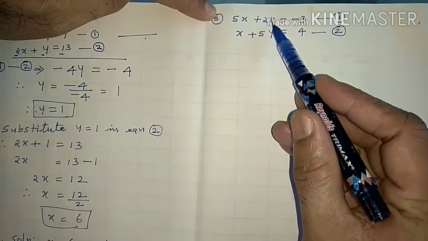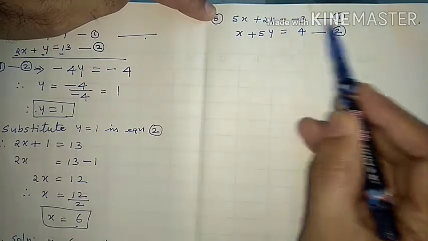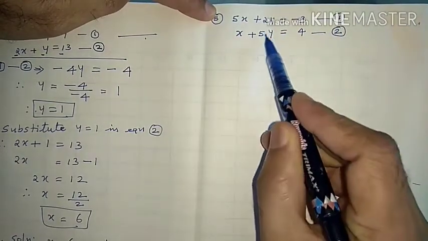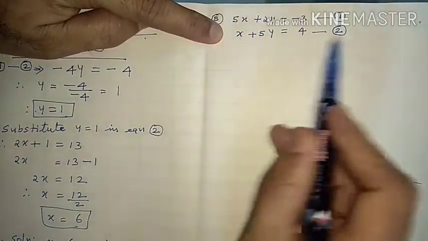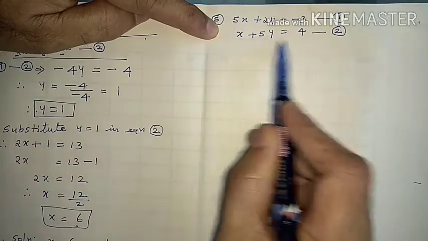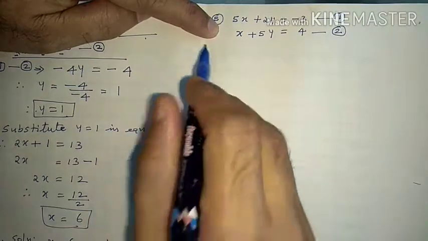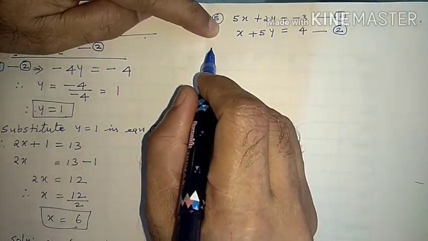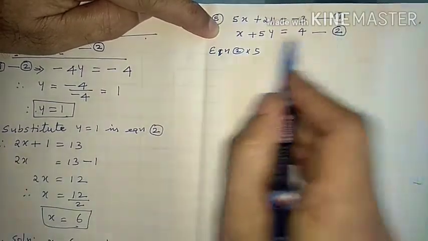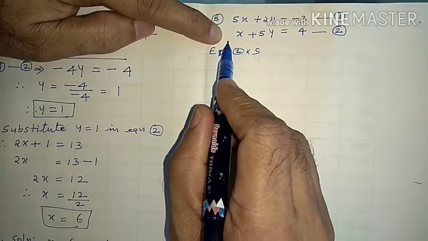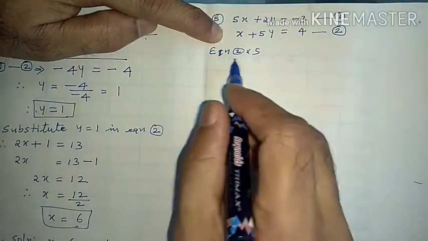Here to eliminate y, we have to make both equations have equal coefficients. So with this 5 we have to multiply equation 1, with the 2 we have to multiply equation number 2. Both the equations we have to multiply. Instead of that, if we multiply second equation by 5, here also it will be 5x. We can remove x from the scene. So we do only one multiplication. Therefore, equation 2 multiplied by 5 means it will be 5x. We can make the coefficients of x equal and then remove that from the scene.